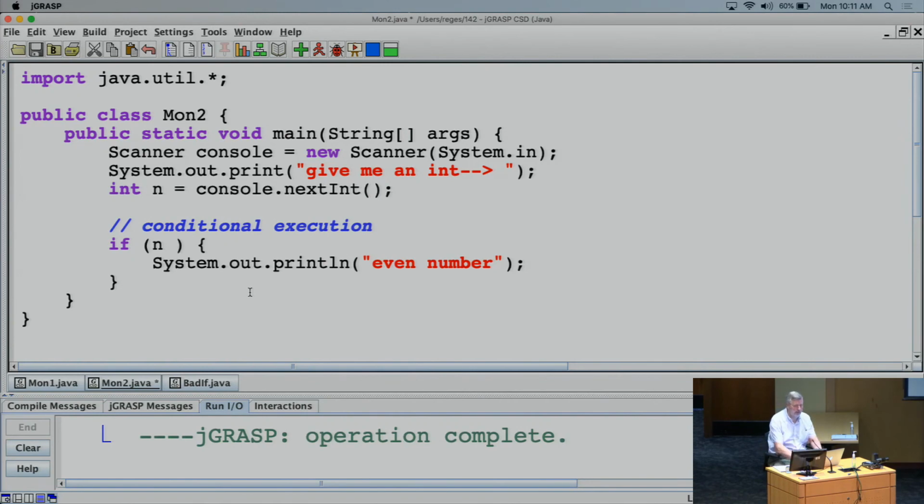Even numbers are numbers that divide evenly by 2. So that means that the leftover when you divide by 2 would be 0. So we'd say that n mod 2 is 0. Those would be numbers that are even numbers. You know, that's the way you might describe it in a mathematical way, is to say that this equals